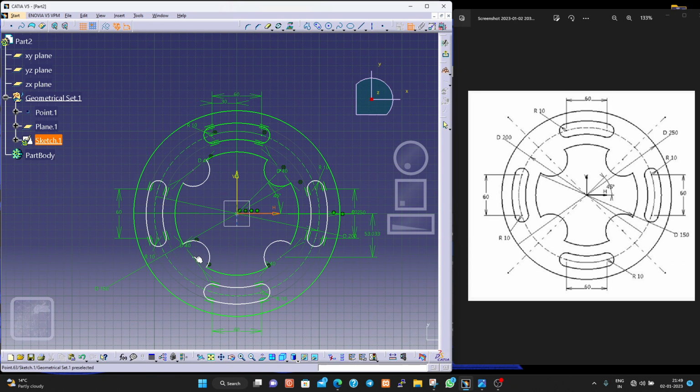Define this with this, and define this with this, and define this one with this. Okay, and for this one too, let's go like this, and for this like this. Now it's fully defined. So again for this one,